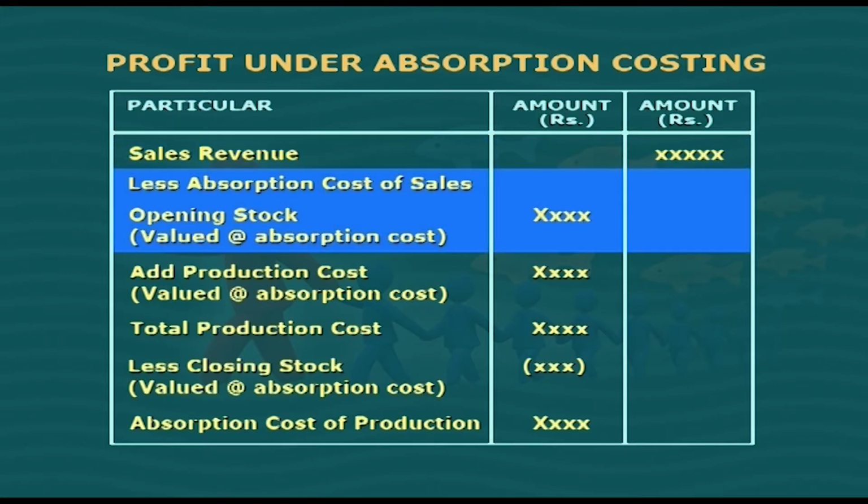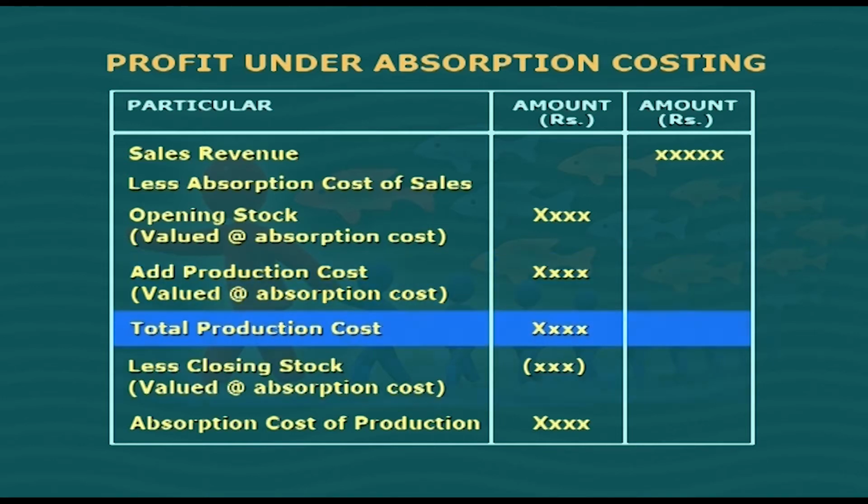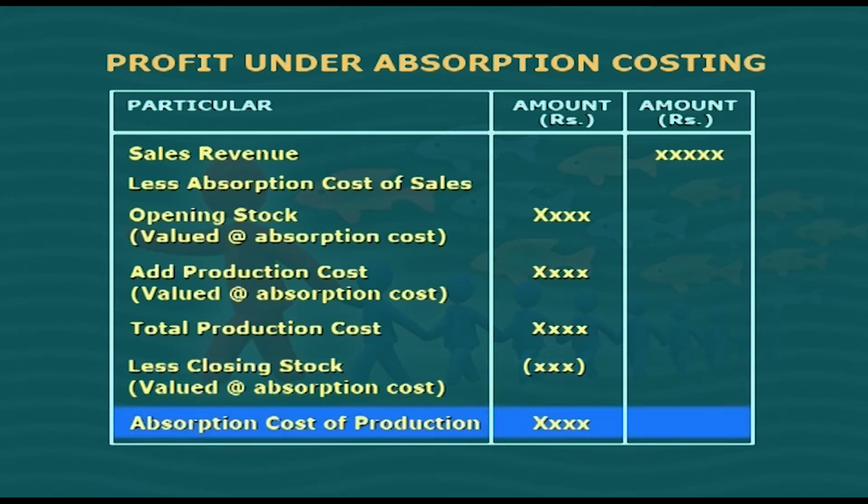From that, you need to deduct absorption cost of sales and opening stock valued at absorption cost. Then you add production cost, which is valued at absorption cost, and that will give you total production cost. From total production cost, you deduct closing stock valued at absorption cost, and that will give you absorption cost of